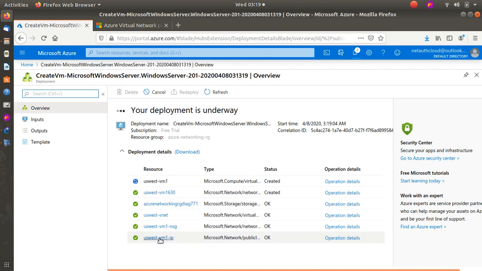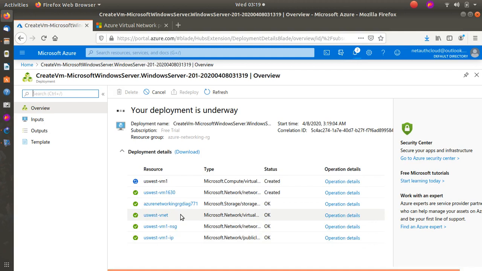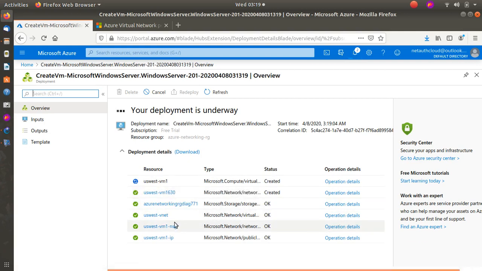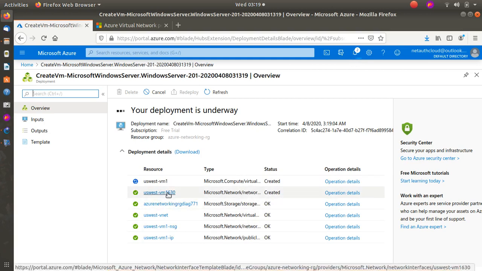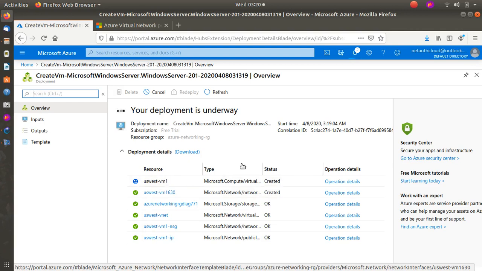It's created a public IP, a network security group. It's created a VNet. Of course, a storage account for it to store information. The VM, its name, and the network security group. So look, the NIC, network interface, and then of course the VM itself. Alright, so that's the NIC. So once it's done,